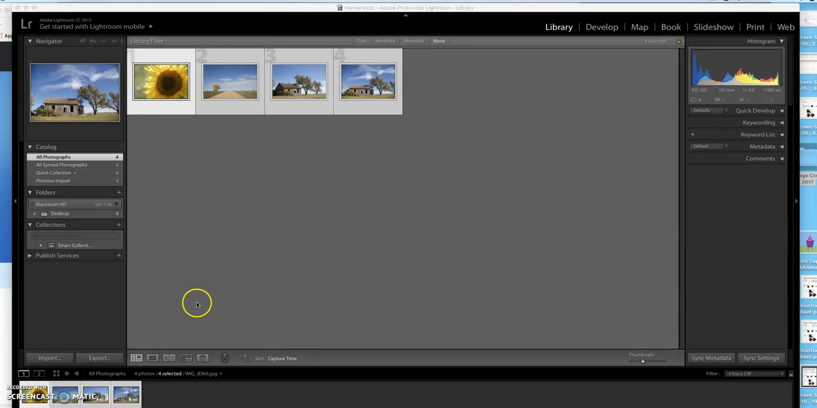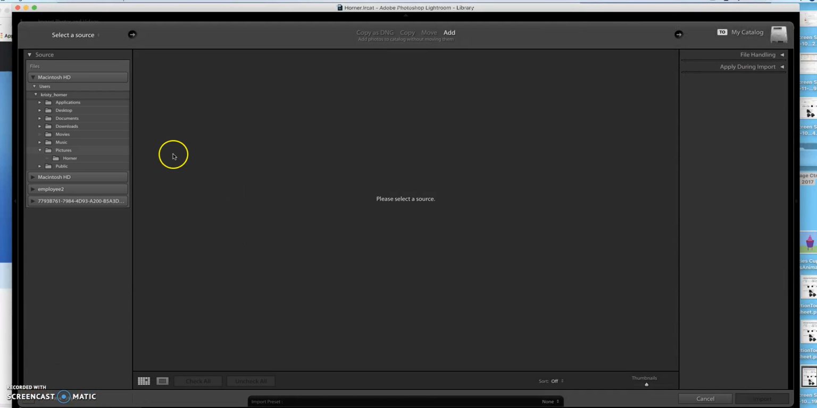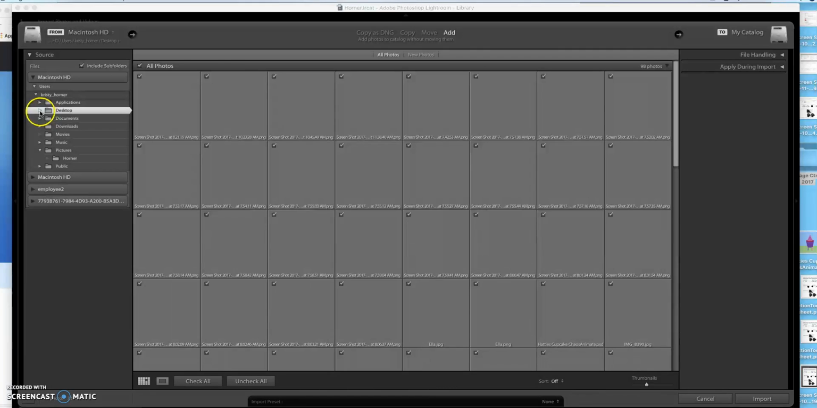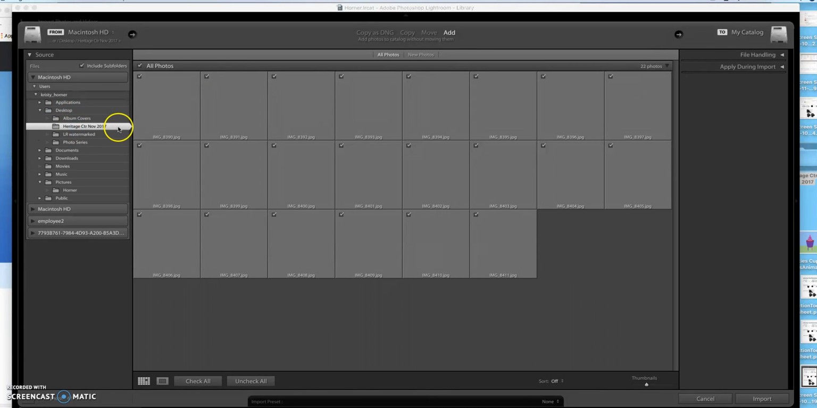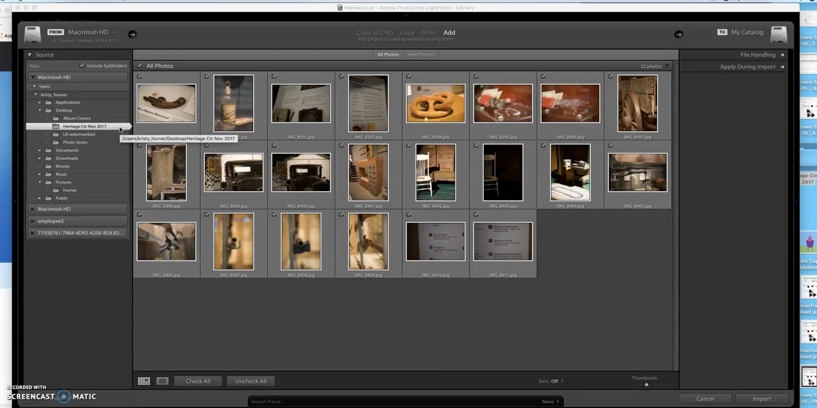So first of all, we need to import your photos into Lightroom. So you're going to hit the import button once Lightroom is loaded up and ready to go. So hit import down in the lower left here, and then just navigate to where your photos are located. I put mine in a folder on the desktop that's called Heritage Center, and then November of 2017, or